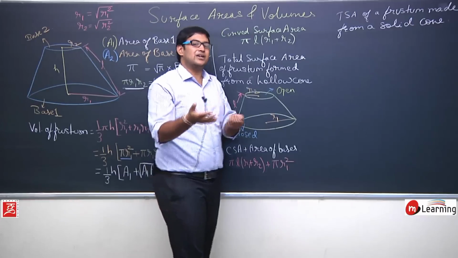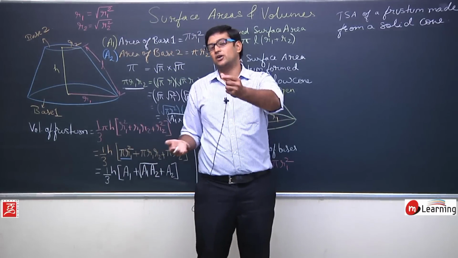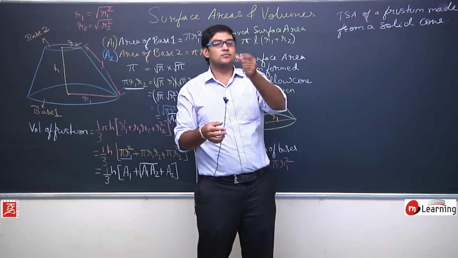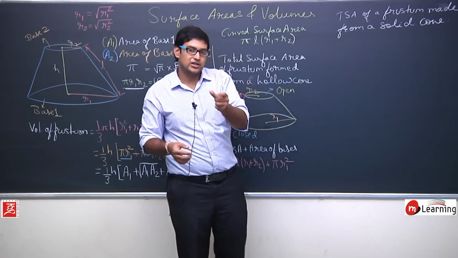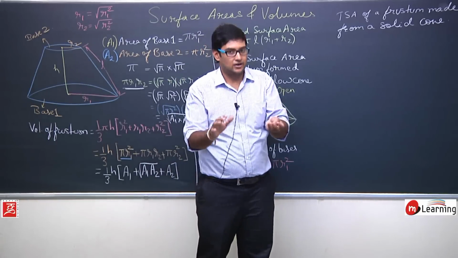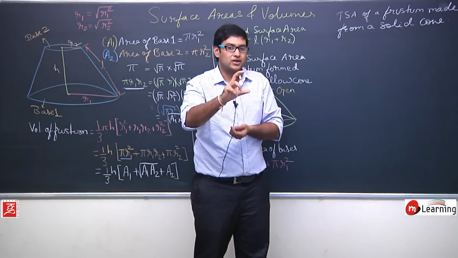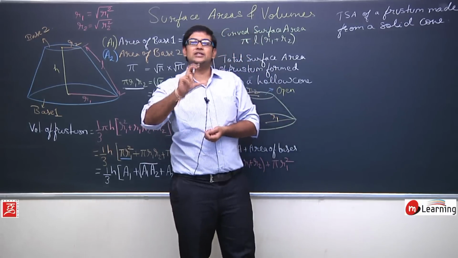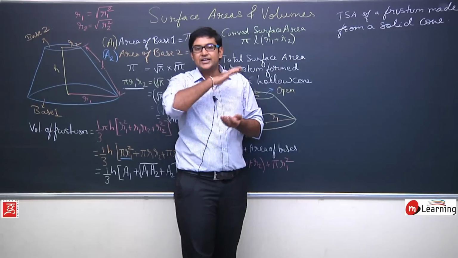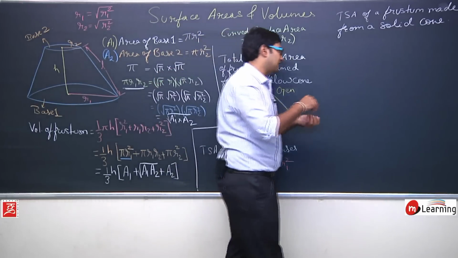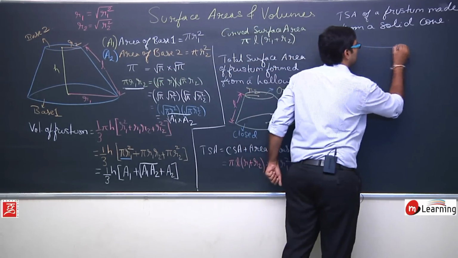For example, if you consider a metallic rod, there are hollow rods also, and there are filled rods, that is solid rods also available. In similar manner, if I have a cone which is completely filled, for example a wooden cone, inside a wooden cone you will find wood, so I will say that wooden cone is a solid cone. So if I cut that solid cone, what will happen? I will get a frustum